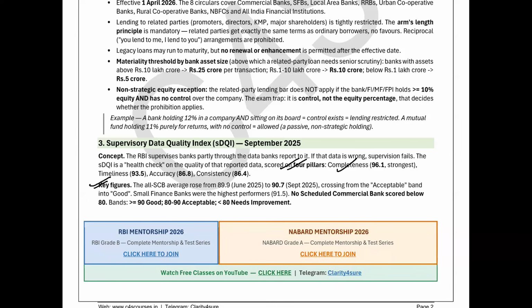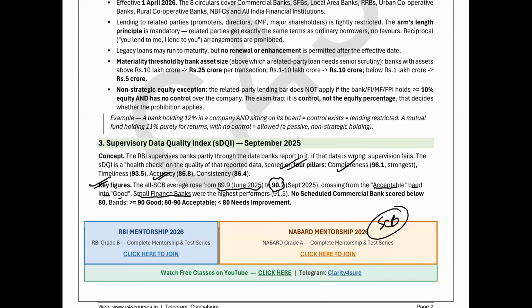All the SCB average rose, that is scheduled commercial bank, average rose from 89.9 from June to, here now write SCB, ठीक है? कितना rose किया है? 89.9 from June 2025 to 90.7 September 2025, crossing from the acceptable band into good. Acceptable से कहां चला गया है? Good पे। Small finance bank को लिख लो, was the highest performance,